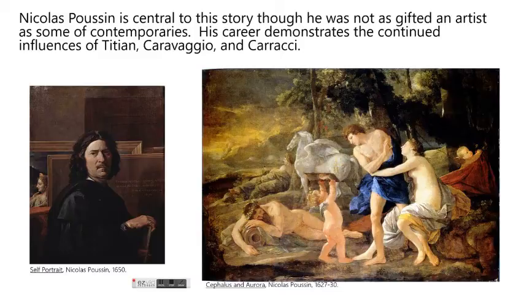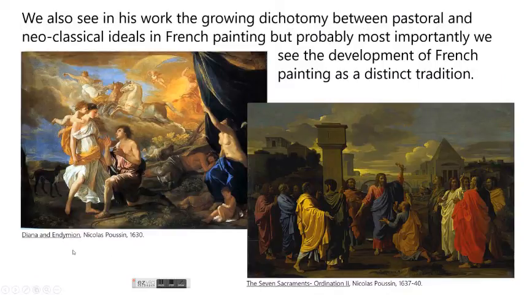And one of the things I think is important about his career is that he tried very hard, kind of like Gentileschi did, to think about the balancing of the different values in painting and to find a synthesis between what he admired in Titian and what he admired in Carracci and Caravaggio. But let's look at the next slide. That might help. And he kind of set the tone for the major division within French painting.